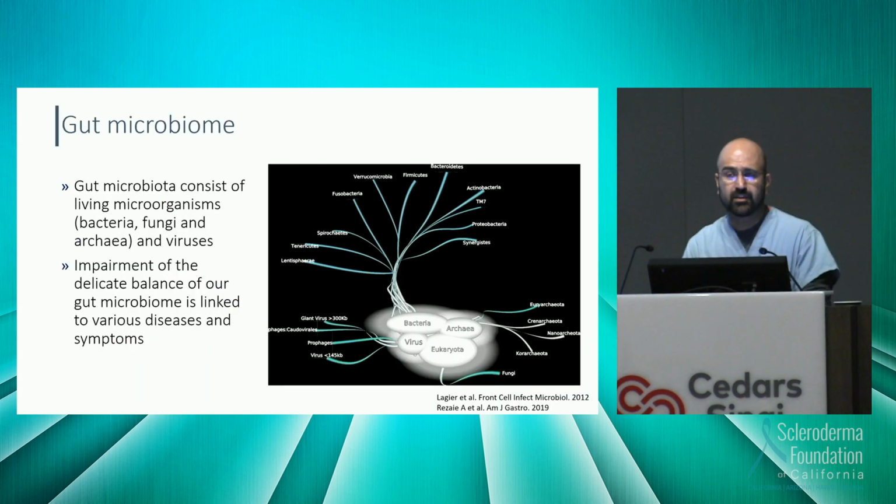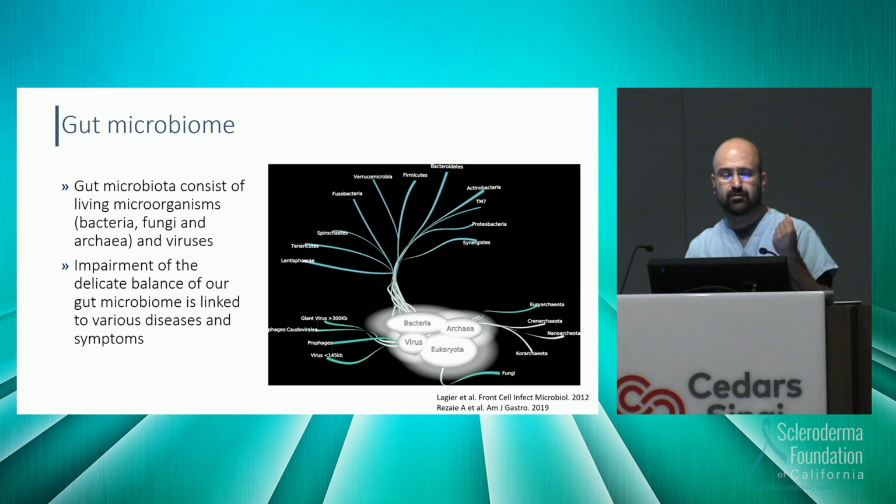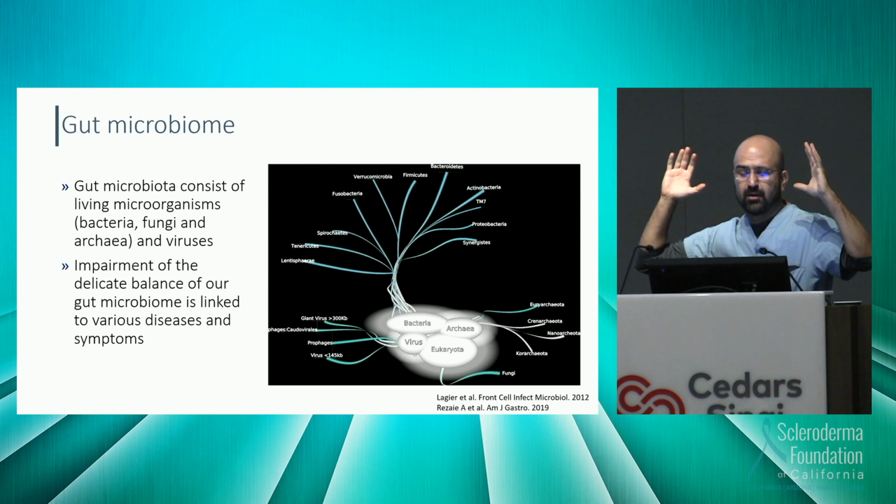The next thing that I wanted to talk about, which is very hot topic, is obviously gut microbiome. So what is gut microbiome? Is the collection of all bacteria, fungi, and archaea and viruses, right? I mean, if you want to go back to the